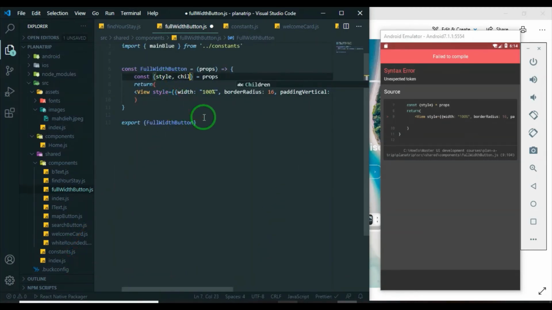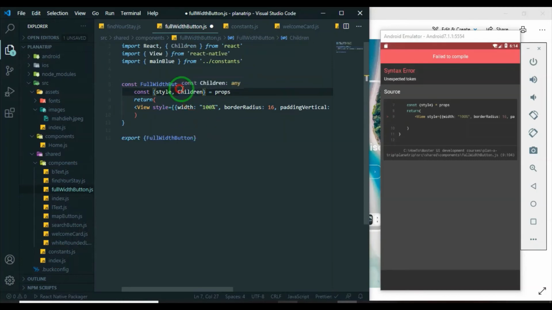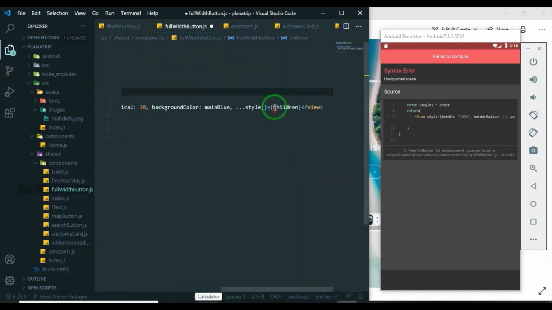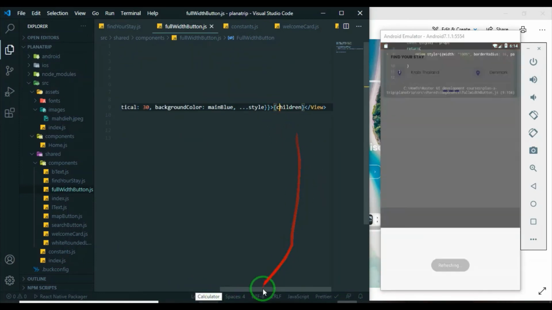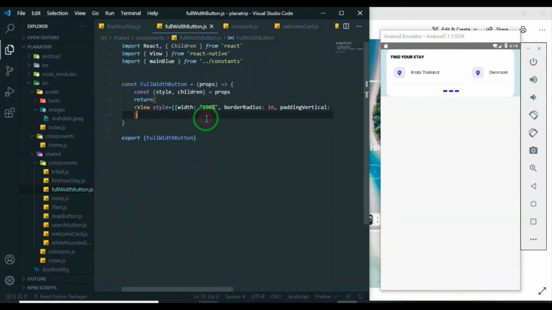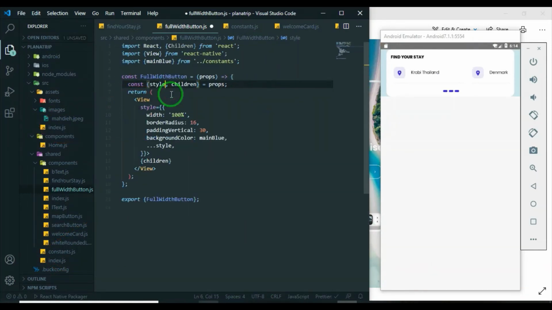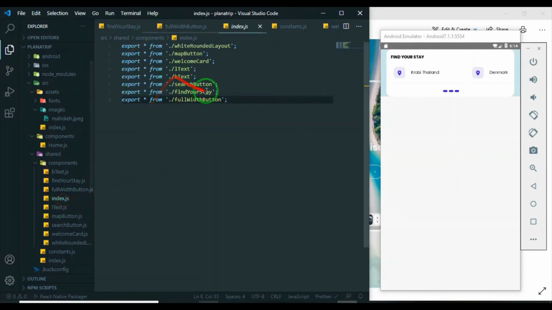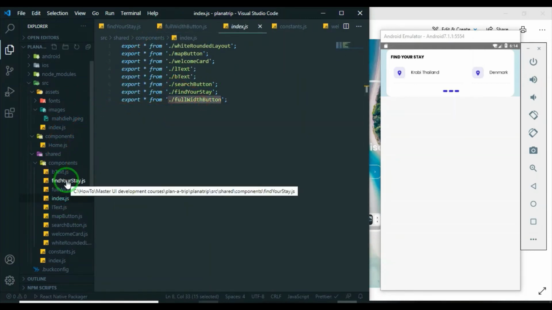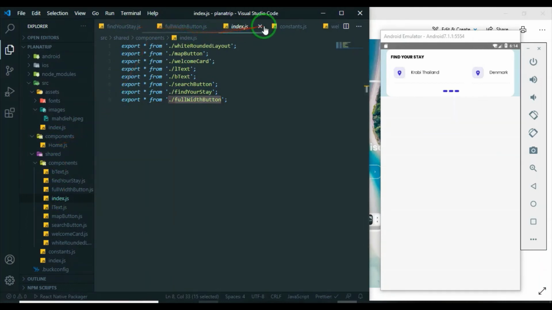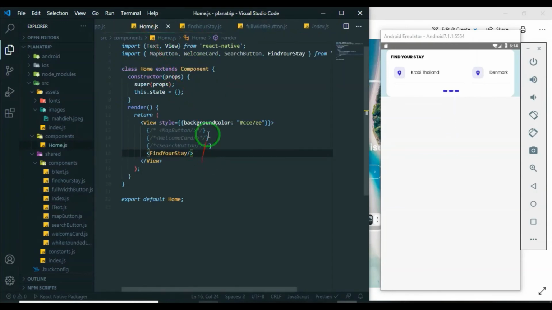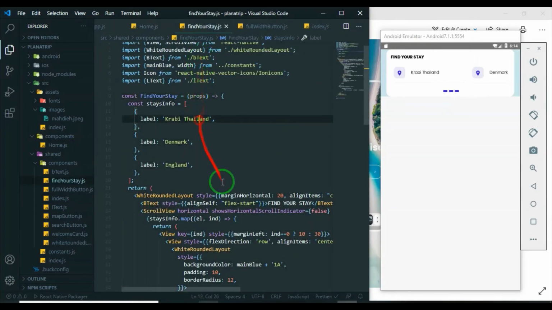And just children with lowercase, and now it's okay. We go to the index.js and export everything from full width button, and then in our home component, in our find your state component,